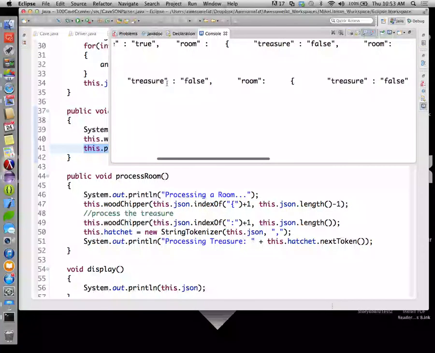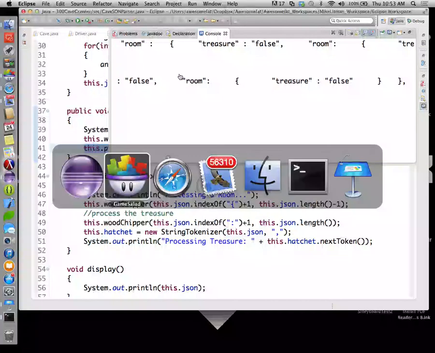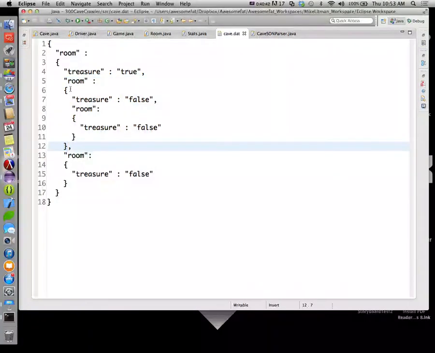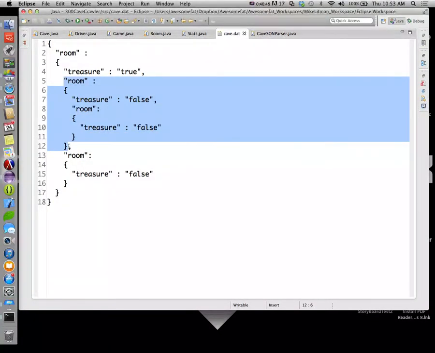I need to get everything up to, so it's easier to see in this code, I need to get everything up to this point. How do I do that? Well,